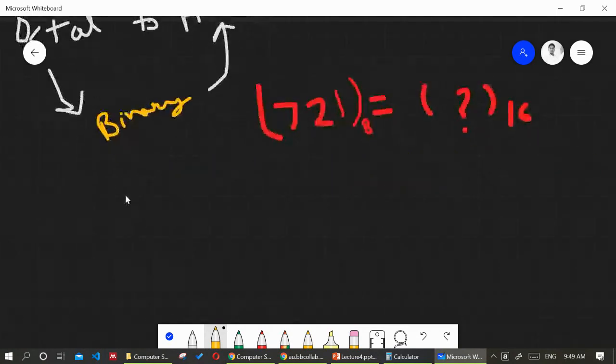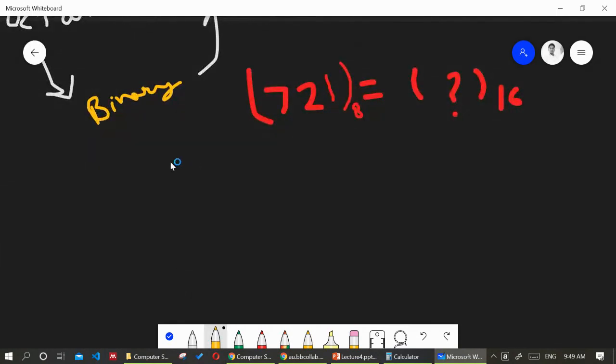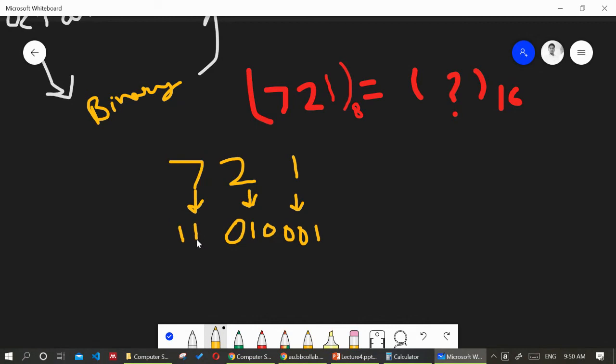Let me write it: 7 2 1. The binary equivalent of 1 will be 001. The binary equivalent of 2 is 010. And this is 7, so 7 will be represented as 111.